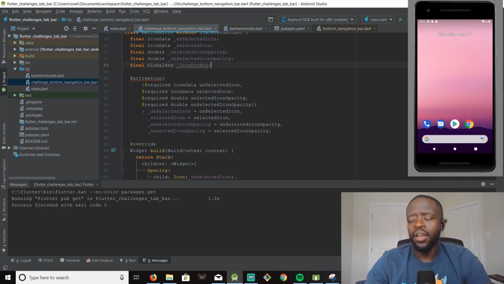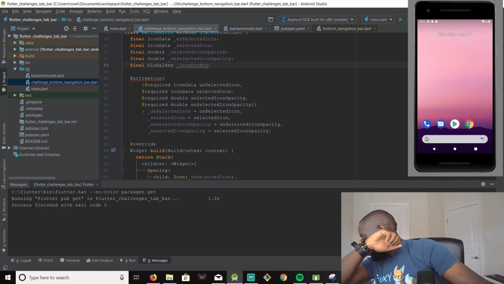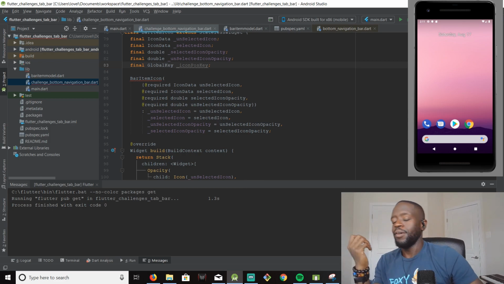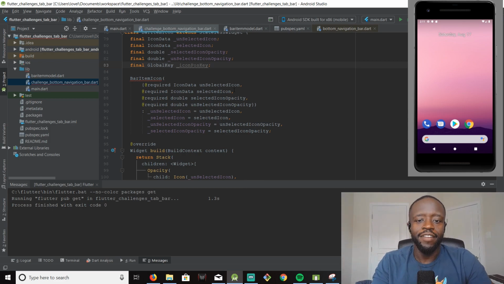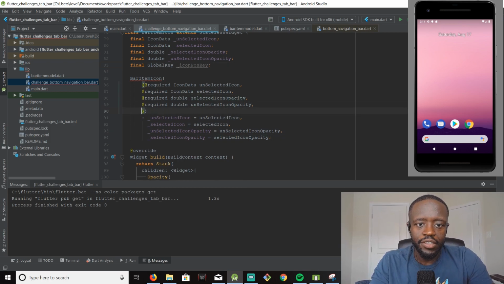Give me a second. Wow, it's one of those things where I have to sneeze, but I don't have to sneeze. It's annoying as hell. And then we do require this as well. So global key, icon position key, and then we're just going to say,